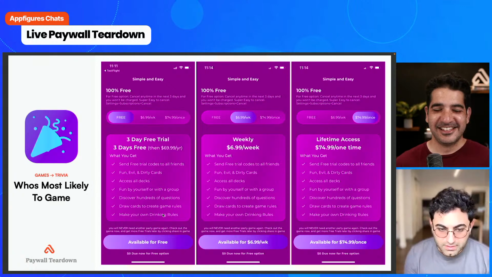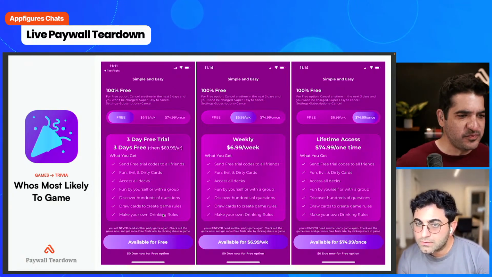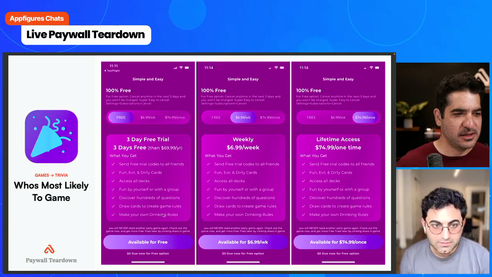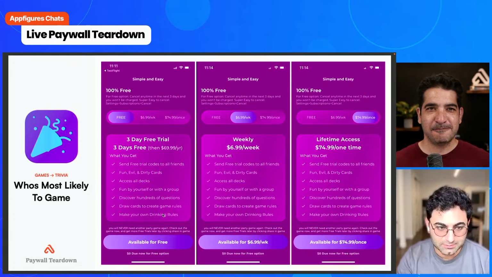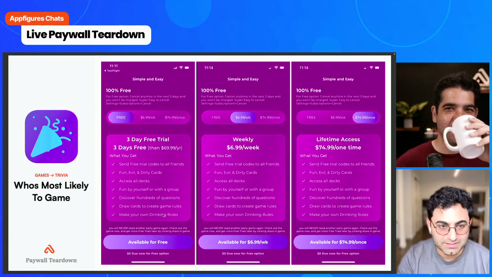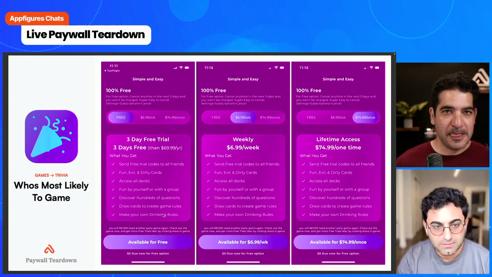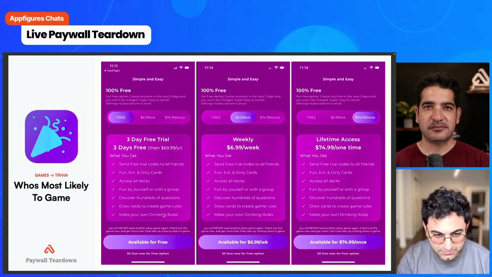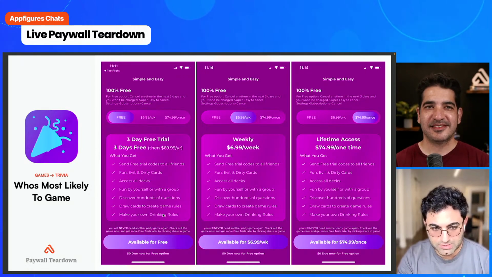Very different. Okay, I'm just gonna rapid fire. Go for 100% free is a crazy thing to say, but I'm sure it helps conversions. For free option, cancel anytime in the next 3 days, you won't be charged. Super easy to cancel. That's pretty good. I would put the $0 due now for free option above the available for free, and you will never need anything party game. Put that below the CTA. So yeah, I'd swap what's above and what's below the CTA.